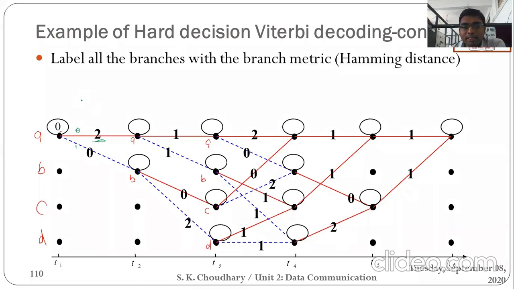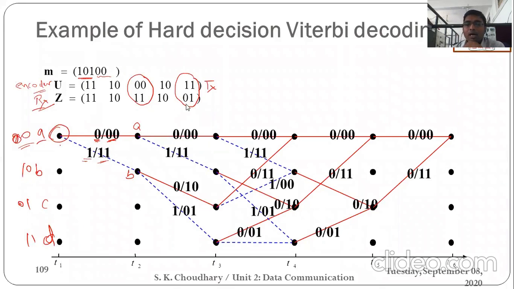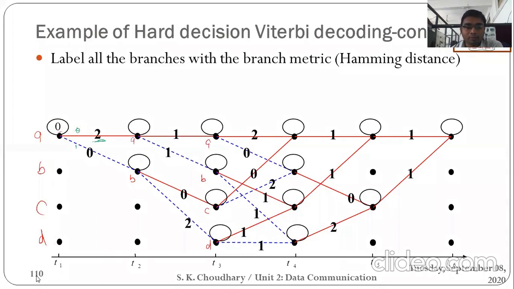So you just compare this value. If you remember the Z, I noted down this Z above that transmitting path. At the first point our Z is 1 1, and this was 1 0 for this path. That means from T1 to T2 it is 1 1, T2 to T3 it is 1 0, T3 to T4 it is 1 1, then again 1 0, and T5 to T6 it is last 0 1.